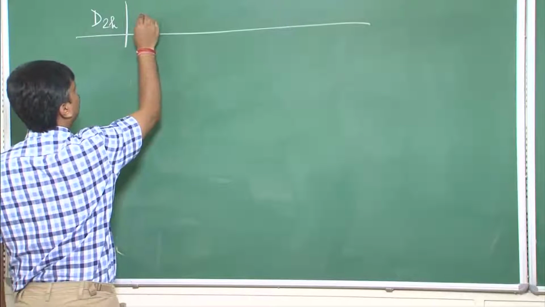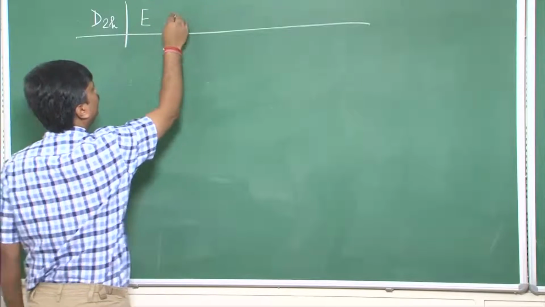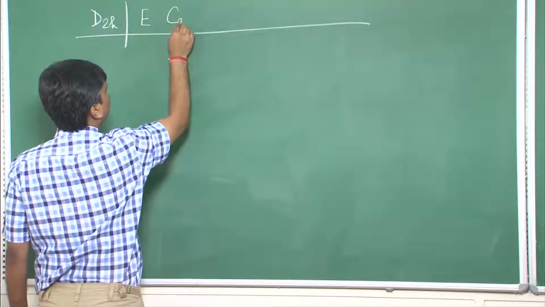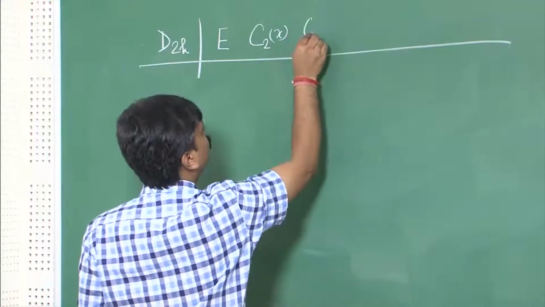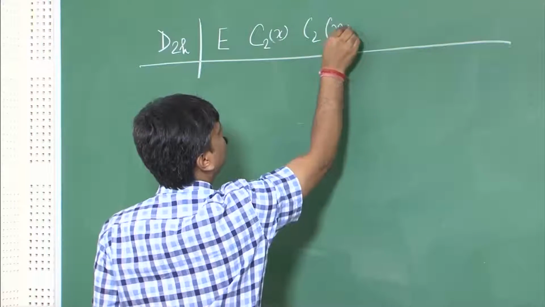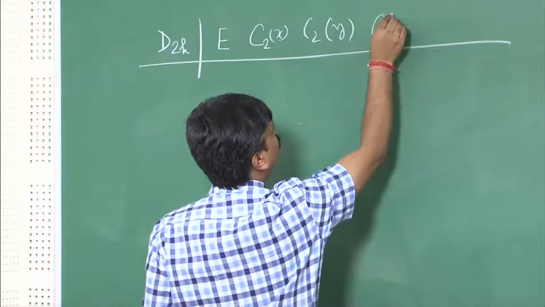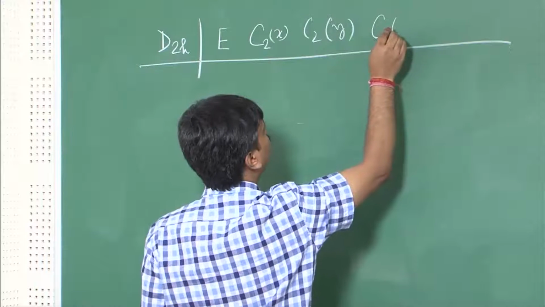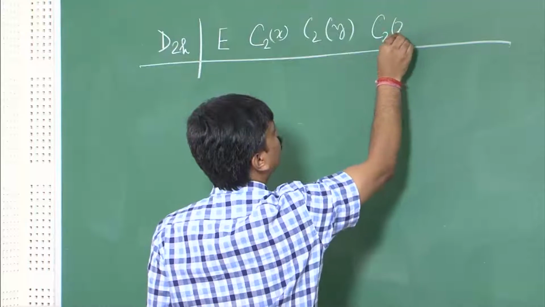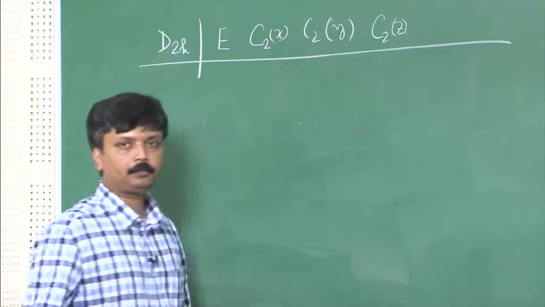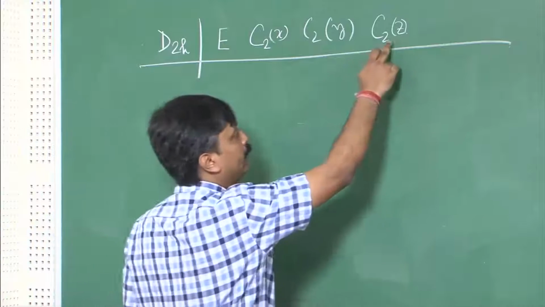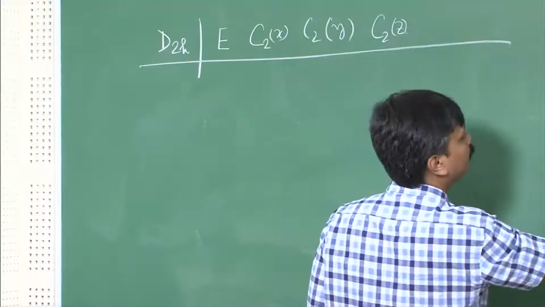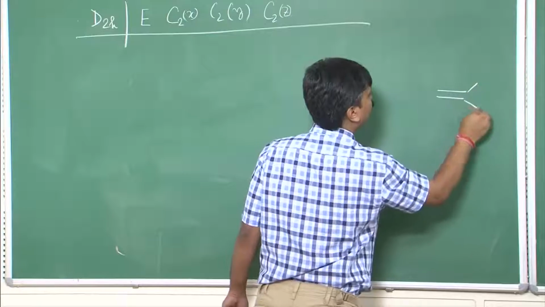What you have is identity, C2x, C2y, C2z. Okay, so the C2z, if you take it as the molecular axis, so if you just draw the structure,